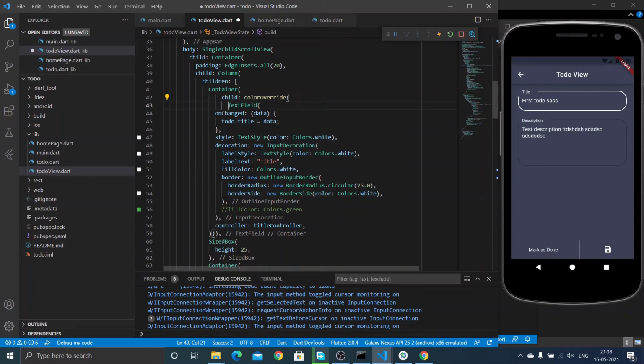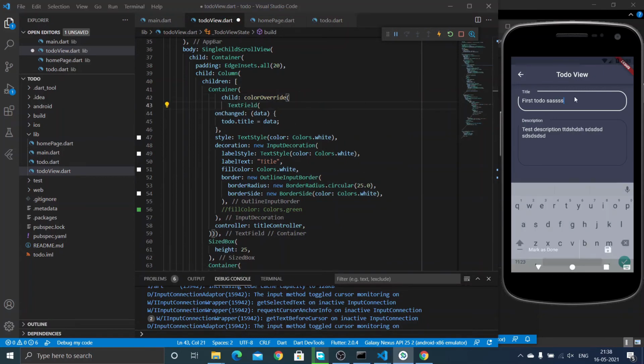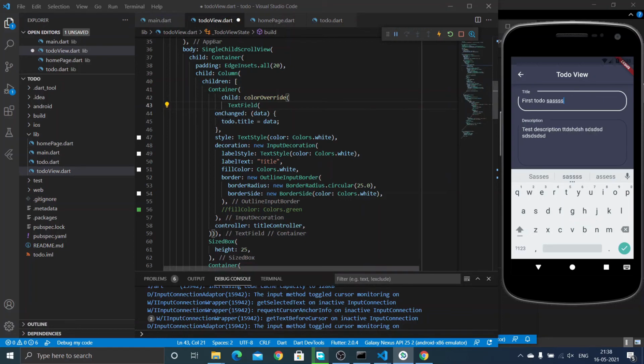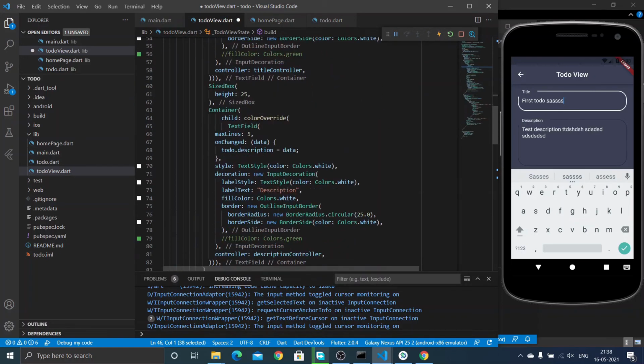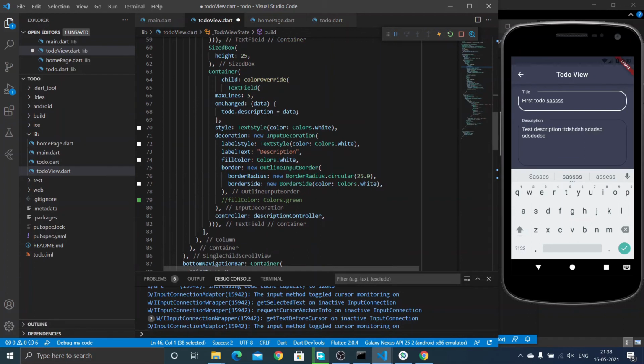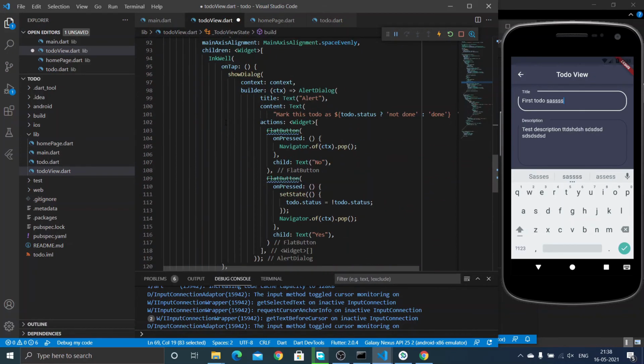You can see that the text field contains an onChanged property. This onChanged property will be called even when we put a single character. When we put every single character in the text field, this method will be called, and we are setting the to-do title as the property. And also the second text field, the description text field, contains the same onChanged property, and we are changing the to-do description every time the data has changed. So that's why we get our to-do object updated by using this onChanged method. Please note that method, I have forgotten to tell it above.